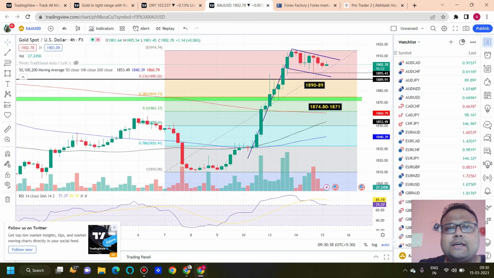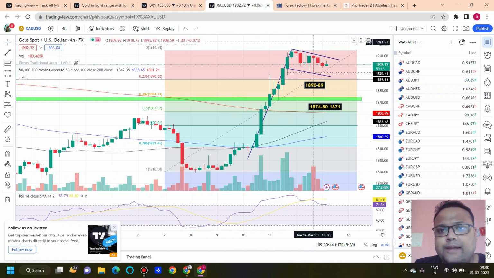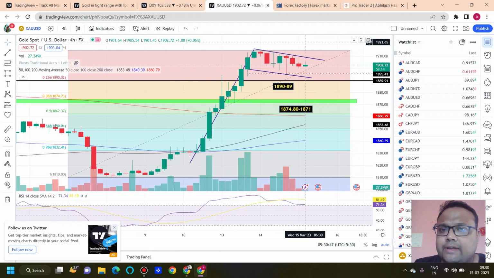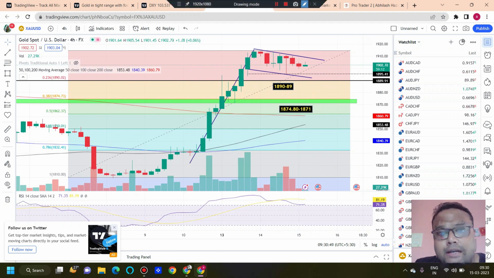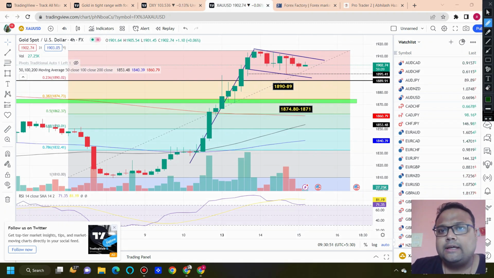So now let's have a look at the chart of gold. First of all, we have a bullish flag. You can clearly see that we have a bullish flag formation on the chart, and bullish flag is a trend continuation pattern. Means that after a big sharp move, market goes for consolidation. It's in resting mode right now, and there's a high chance that market will break the flag and start moving